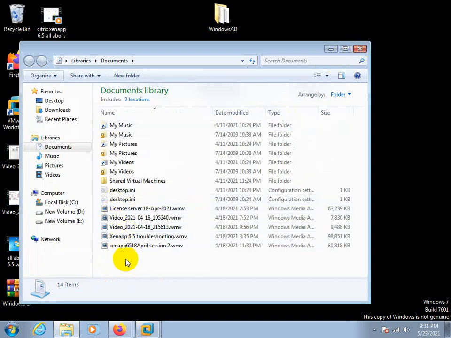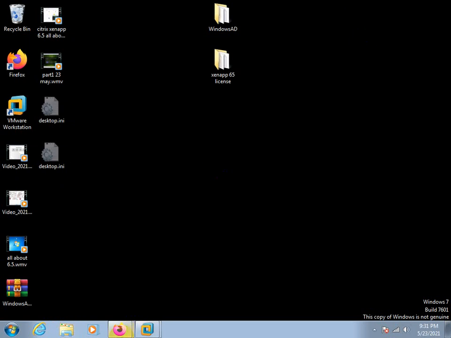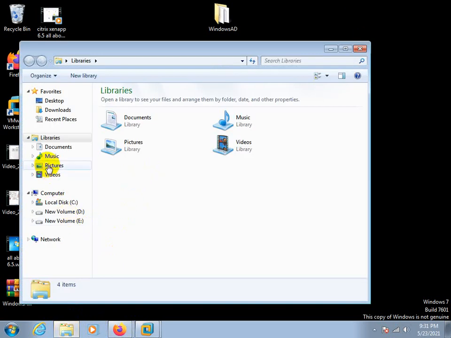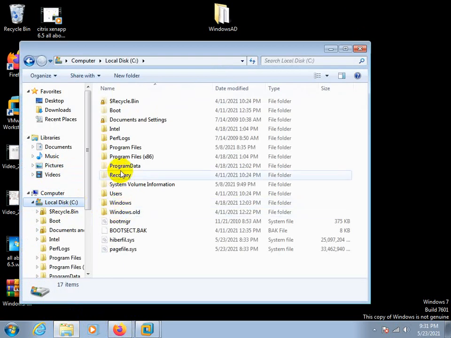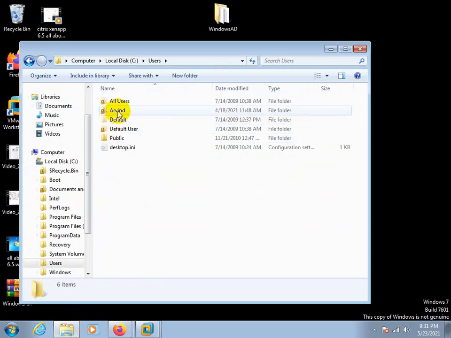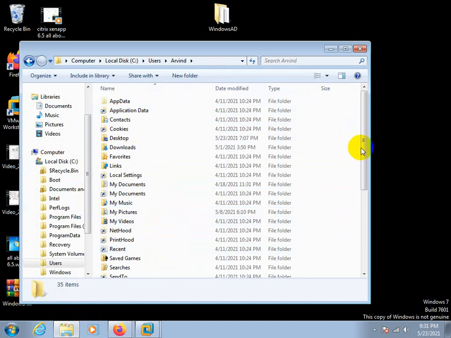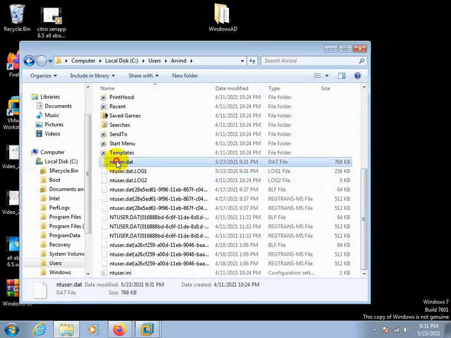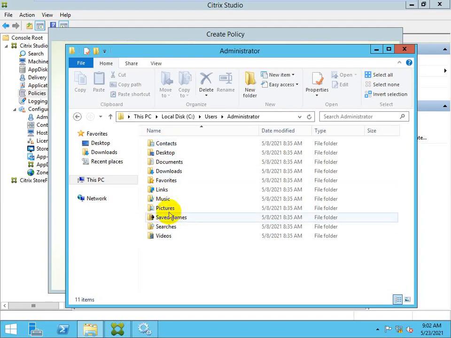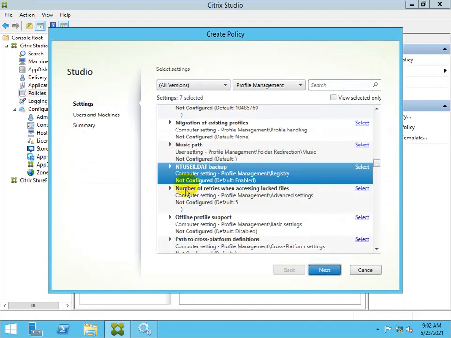So users, and you can see it's a DAT file, NTUSER.DAT. This one is your complete profile file. You need to take the backup of this NTUSER.DAT.